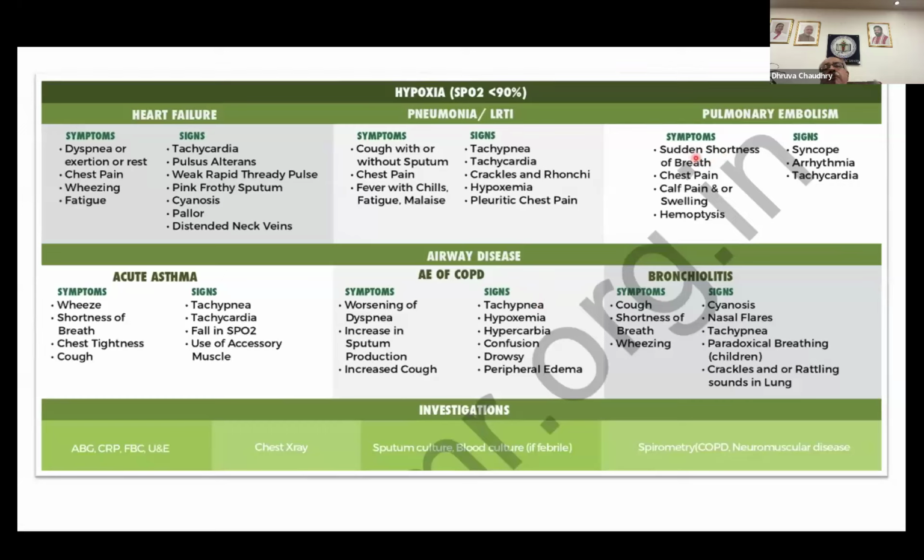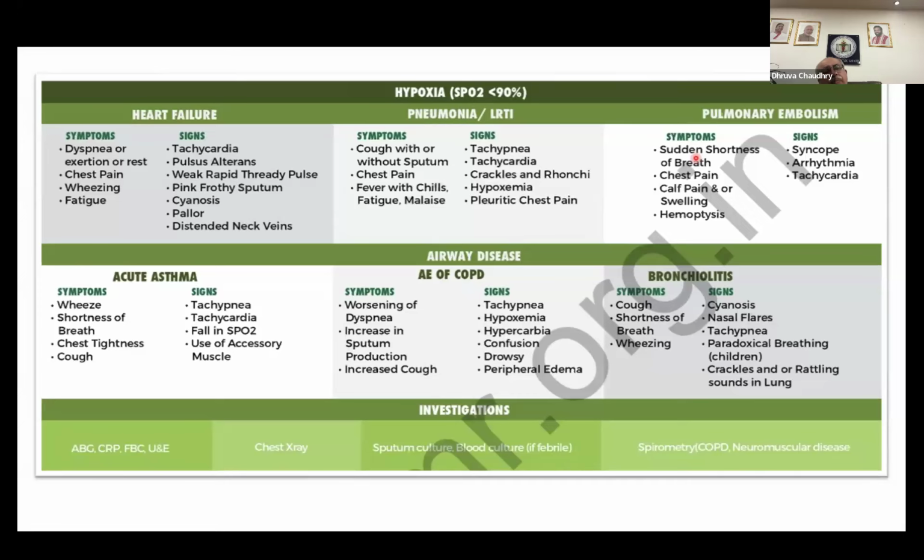Now, if a person comes to you with sudden onset shortness of breath, it may be either a severe pleuritic pain or maybe a central constriction pain. You can also see calf pain or swelling in the legs, and the X-ray chest is normal. Please do think about it. If somebody has breathlessness, you are not finding a cause, and there's an unexplained tachycardia, please think in terms of pulmonary embolism. The commonest abnormality you will see is tachycardia. On auscultation, you may find tachycardia only, and sometimes, if there's a massive embolism, blood pressure may fall, and the veins may be prominent.